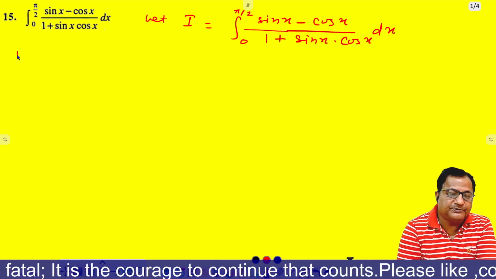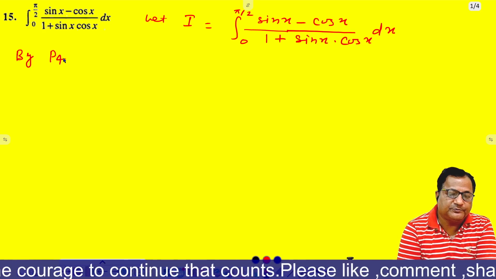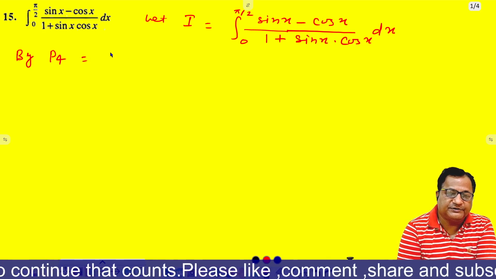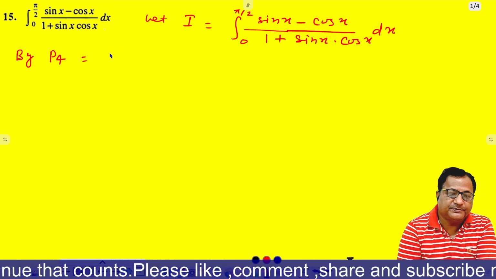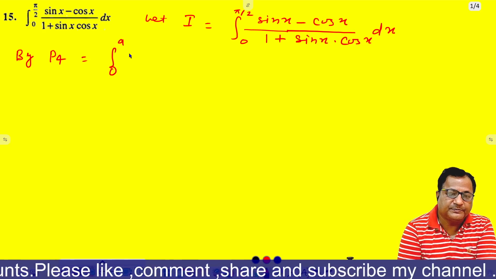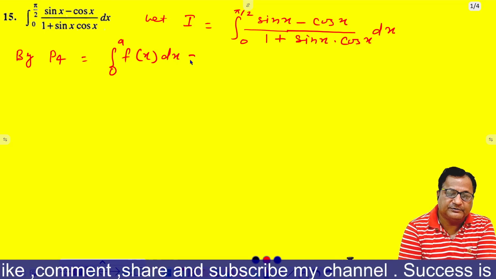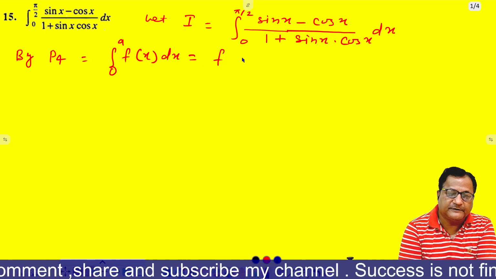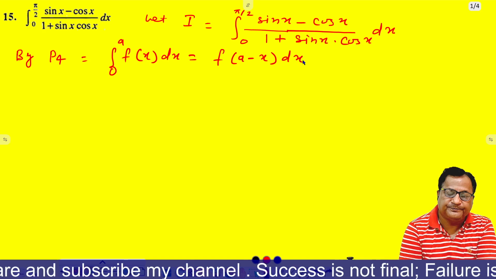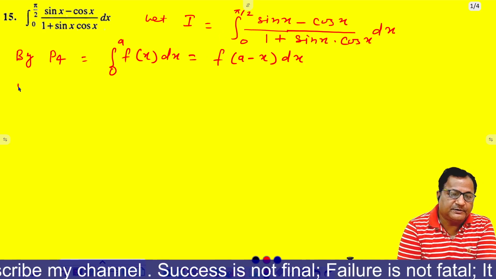Now by property P4, the property is that the integral from 0 to a of f(x) dx is equal to the integral from 0 to a of f(a minus x) dx. So we will use this property here. So I is equal to then